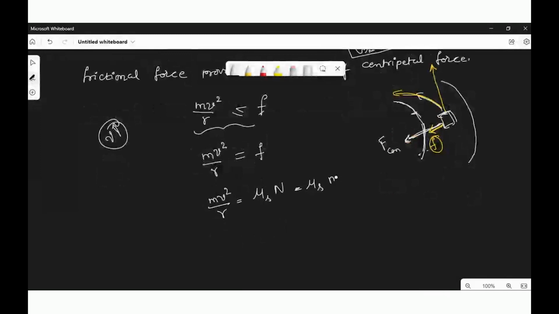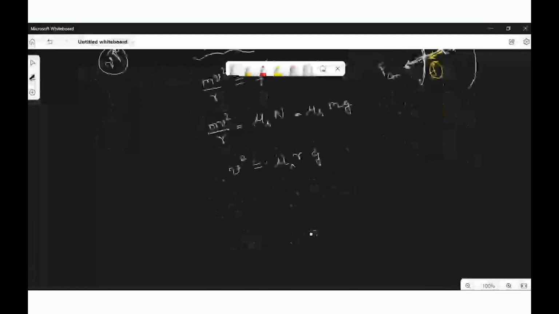N is m into g, where m is the mass of the vehicle. So m and m cancel. So you get v square equals mu s into r into g,